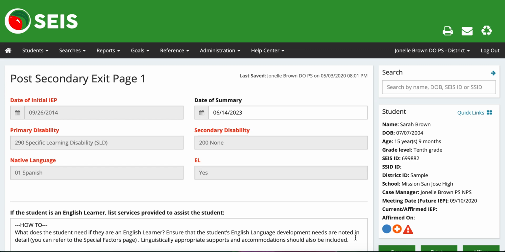adult services as appropriate. And it should help the student better understand what their disability is and how it impacts them, and allow them to understand what their strengths are, as well as what supports they may need in order to be successful. All right, so what you'll notice here is these red areas are in a grayed out